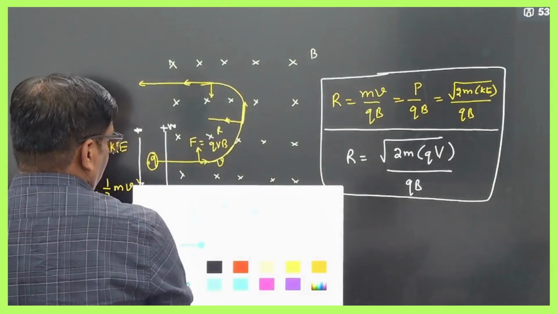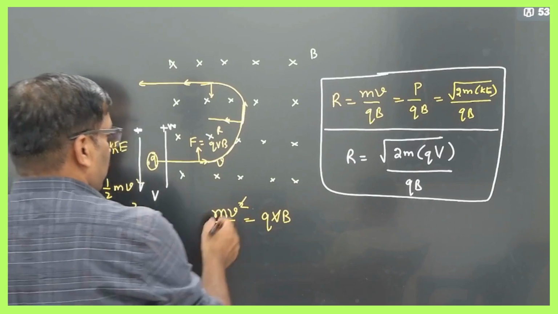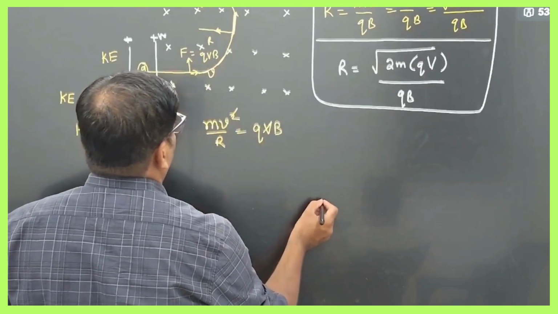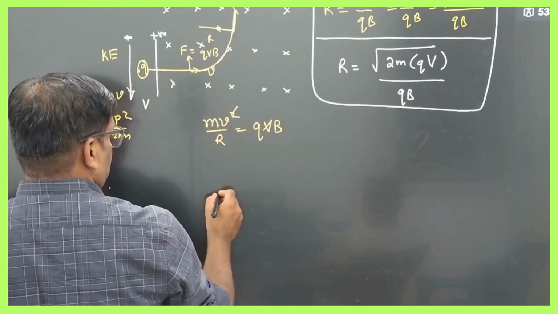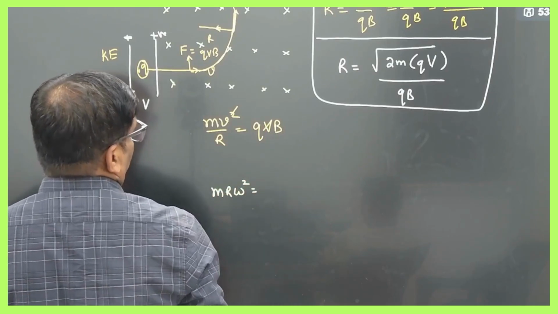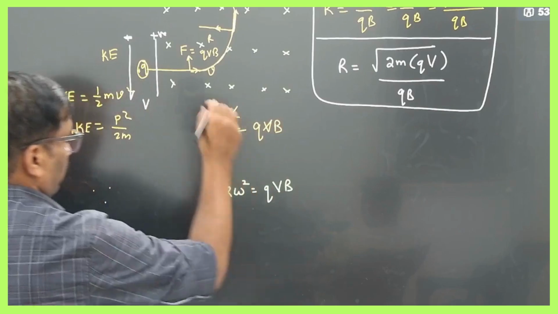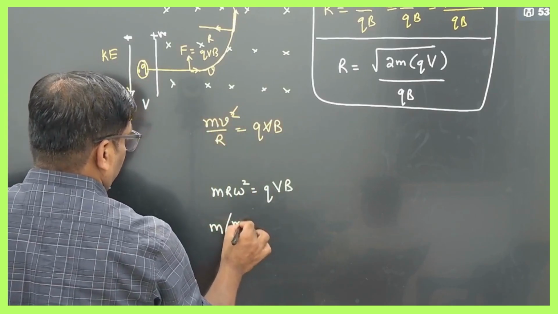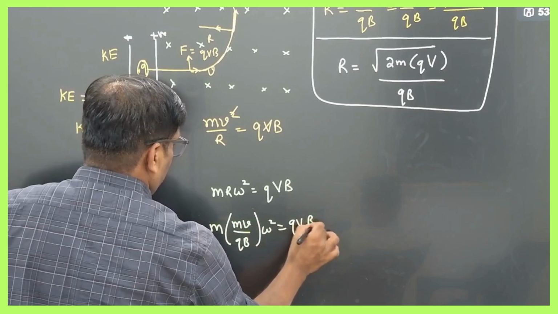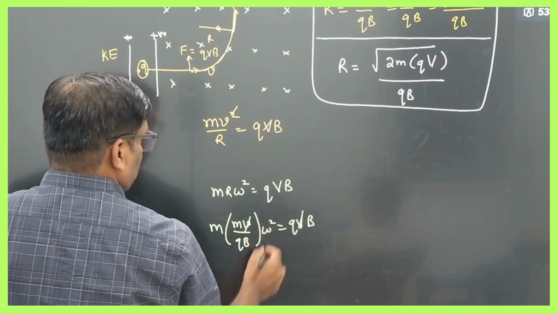Now we can calculate the angular velocity, time period and frequency, right. So here, at this point, this force we can rewrite as m r omega square, it will be equal to q into v into b. So r we want to remove, no, therefore you can write m into mv by qb into omega square equals qvb. So what I can write now here, this velocity and velocity get cancelled, so this omega square,